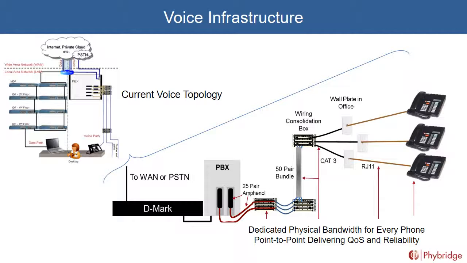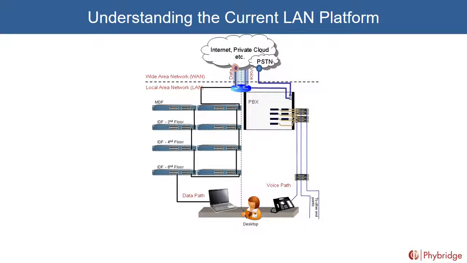On the voice side, you can't have any dropped packets or you won't be able to have a conversation. So that's why the voice topology was designed in a point-to-point type of topology, as you can see. Now, on the next slide, which I think is very important, everyone seems to have a LAN, and the LAN is already there. And so many of the vendors out there suggest that you put your data and voice